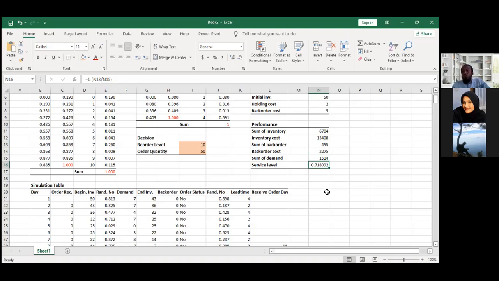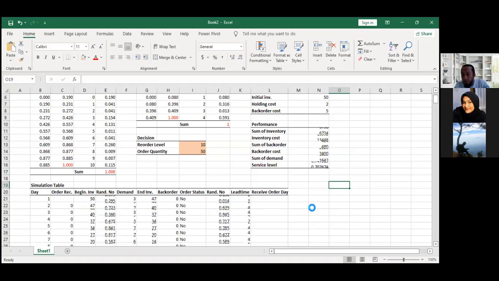Of course, if we want to increase our service level, we need to increase the order quantity. Is that correct? We can check. Before that, we try to simulate first. Here we need to know our service level. How to simulate? We just put our cursor at the blank cell, then press delete. From here we can observe our service level. It's around 67 until 75.